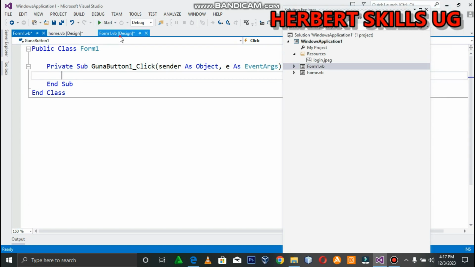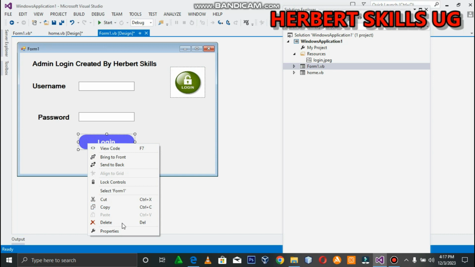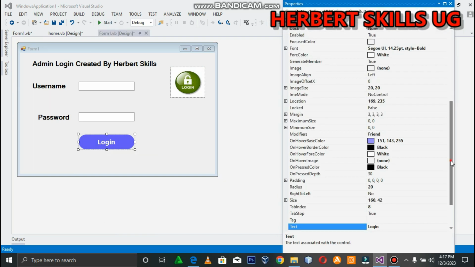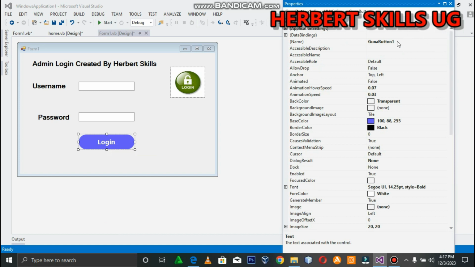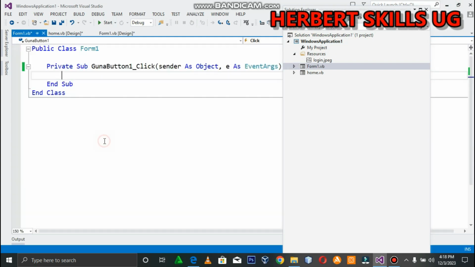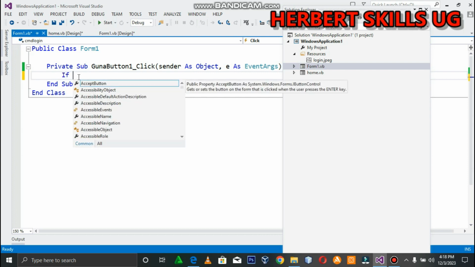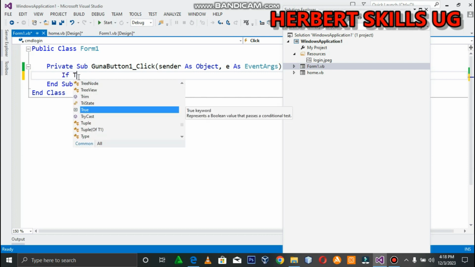Maybe another thing I have forgotten is naming this login button, say CMD login. Then you can now put the codes. You open an if statement, you start saying if